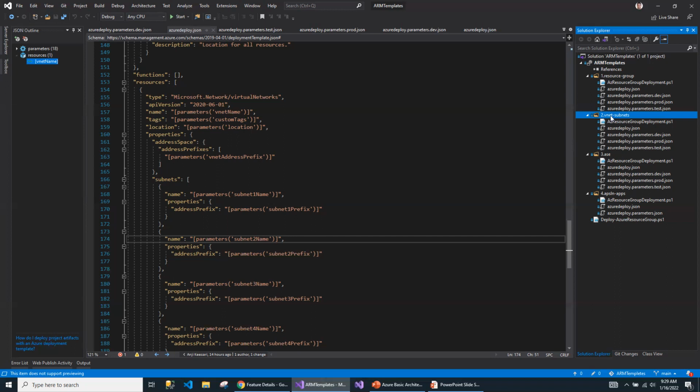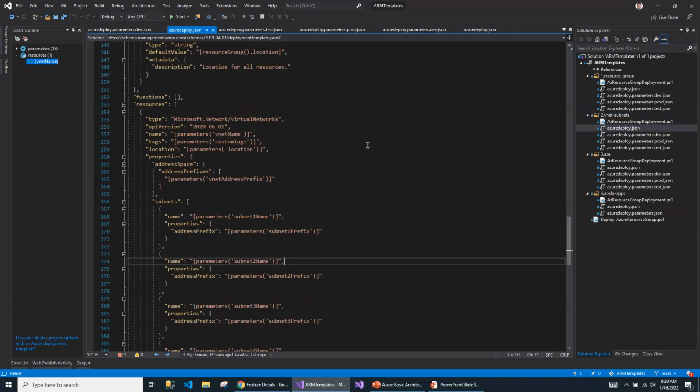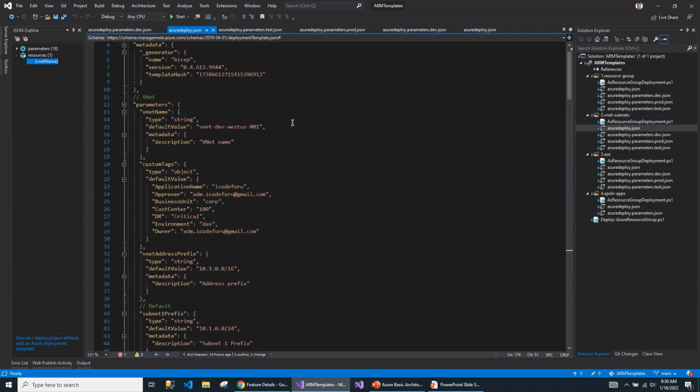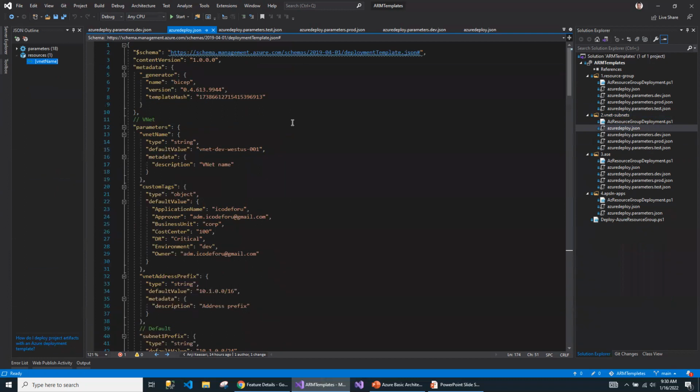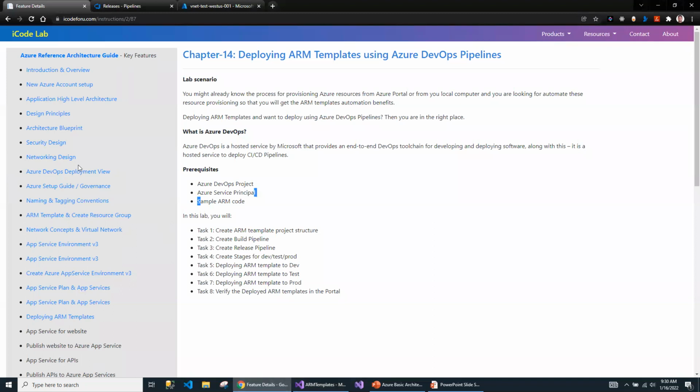So let's focus on creating the resource group and the VNet as part of this automation. I have this file, the RM template file. In a previous video, I've already created this and explained how I created the RM template. Basic idea is this will actually create the, let me go into the blueprint.